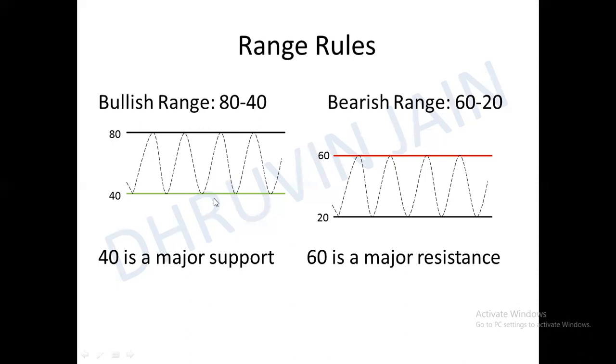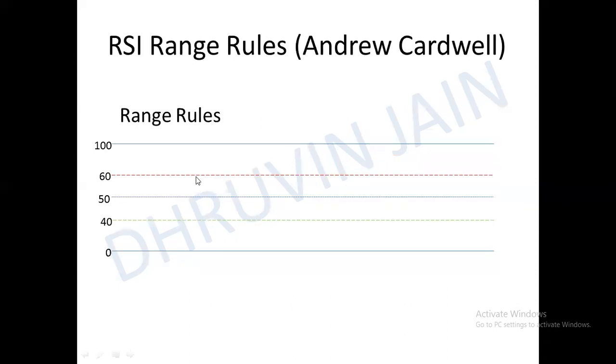When the price is in a downtrend, moving in a lower high, lower low structure, RSI tends to move in the bearish range of 60-20, where 60 acts as a great resistance. Guys, remember this. Remember where we got our equilibrium. Why I put 60 as a red marked region and 40 as a green marked region.